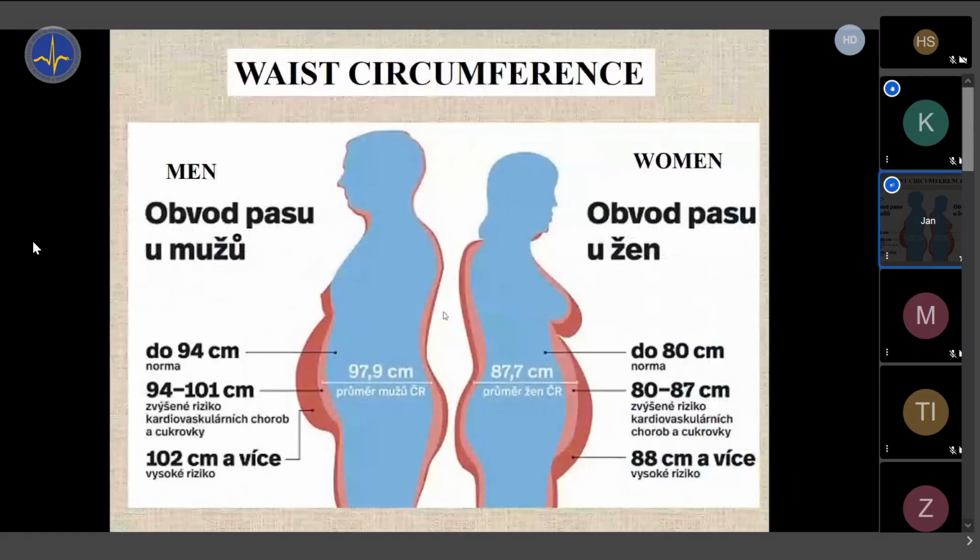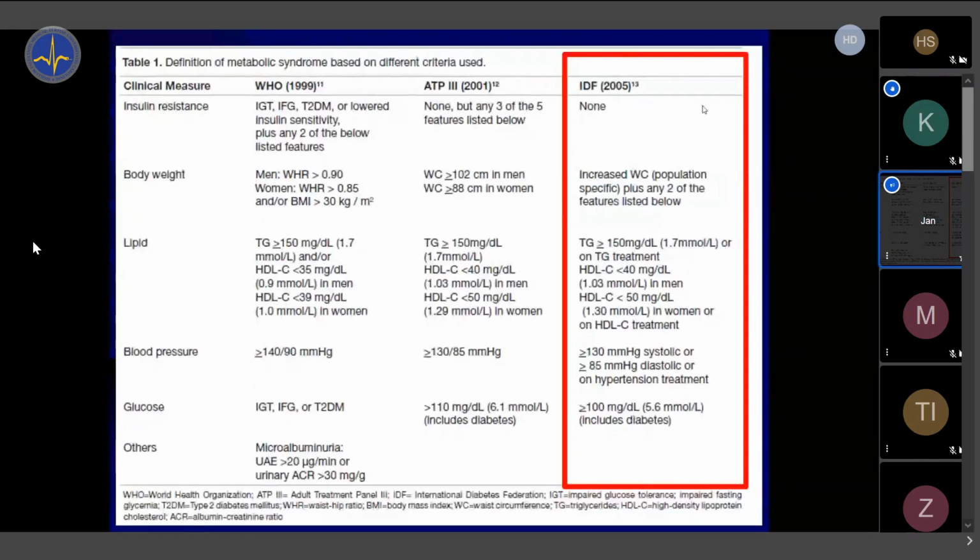So that's why experts actually made a meeting and defined what is considered as the term metabolic syndrome. And here comes the problem, because the experts met many times, so they spit out many different definitions. But from 2005, which is a long time ago, it's already 15 years, they agreed. This is the IDF definition in the red box. It says that metabolic syndrome, in medical terminology, when the doctor says metabolic syndrome, the patient needs to have increased waist circumference. The patient needs to have a big belly, waist circumference. We will talk about it in a second.